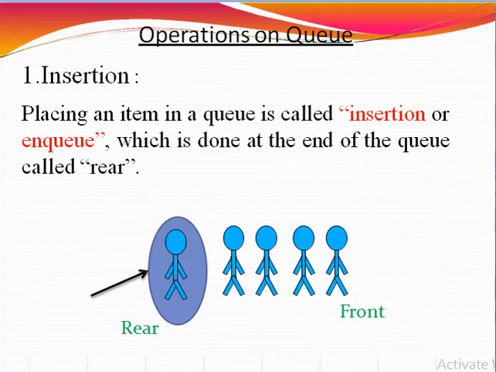A real world example of a queue can be a single lane, one way road, where the vehicle that enters first exits first. More real world examples can be seen as queues at ticket windows and bus stops.